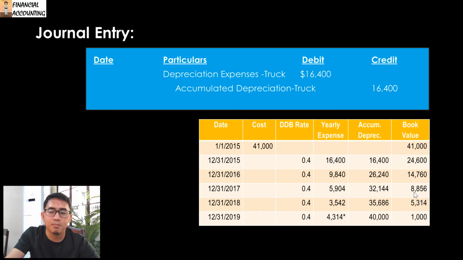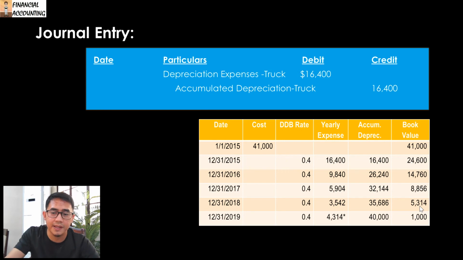You multiply that by 40% and you'll get 3,542. You add that to the accumulated depreciation, so it becomes 35,686. So the book value is 41,000 minus 35,686 equals 5,314. And on the last year, okay, take note of this. This is